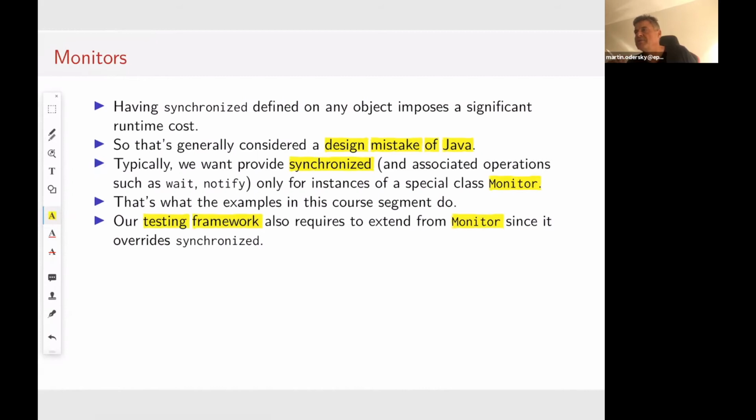The JVM, like I said, depends on the timing and often behaves the same way all the time. To find errors, it's better to have more variations of possible interleavings, and those are forced by the testing framework. To do that, it has to override synchronized. So it's good practice to say synchronized will only be executed on instances of Monitor.